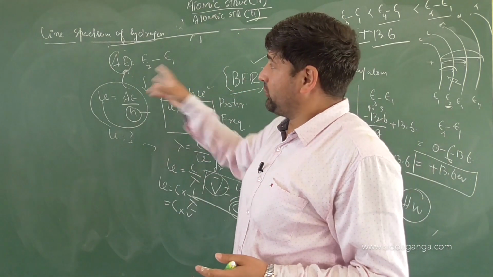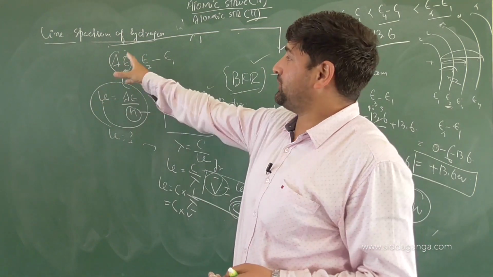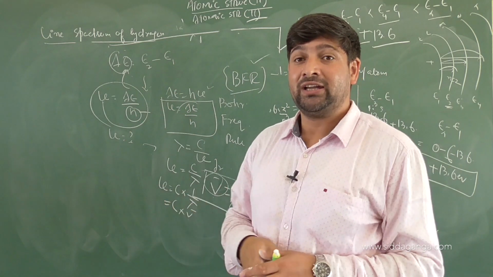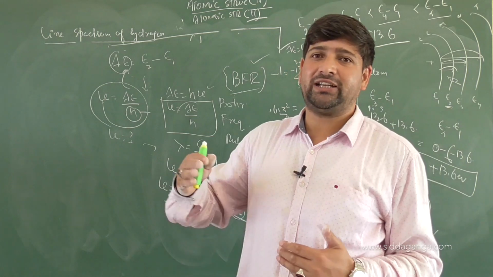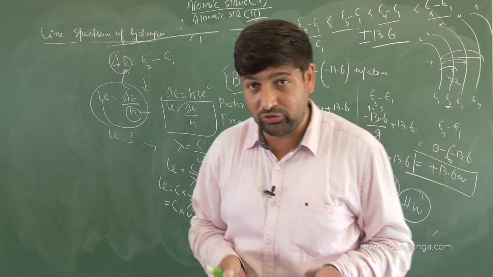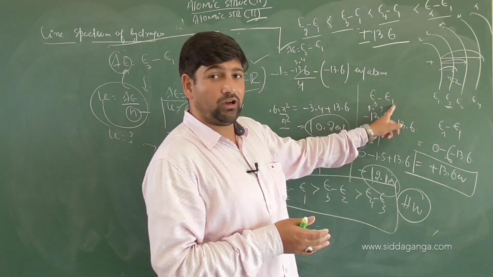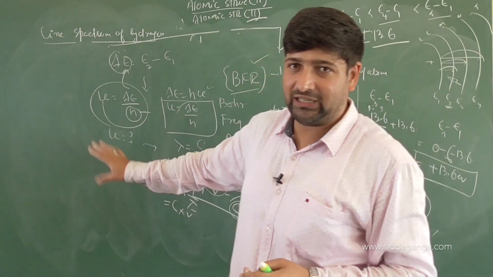Now after this we will go into the different series of the hydrogen spectrum, as I mentioned: Balmer, Brackett, Paschen, Pfund and all those series. And there we will see how to calculate their wave number. They are also simple. Excitation has occurred between which two energy levels? Which one will give you the most energetic photon, when the electron is coming from 5 to 1 or from 5 to 3? You will be able to calculate those with the same equation that I have mentioned so far.